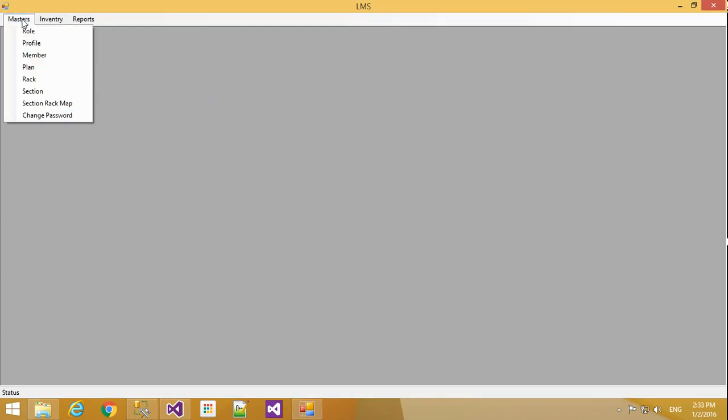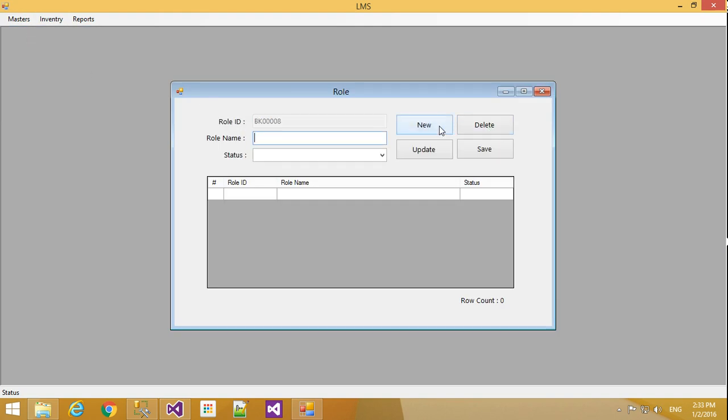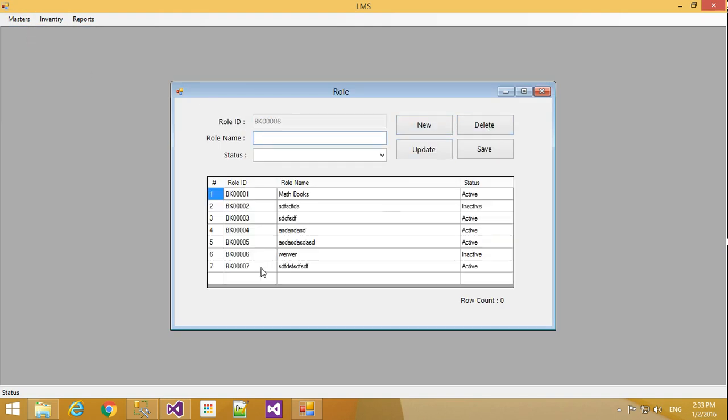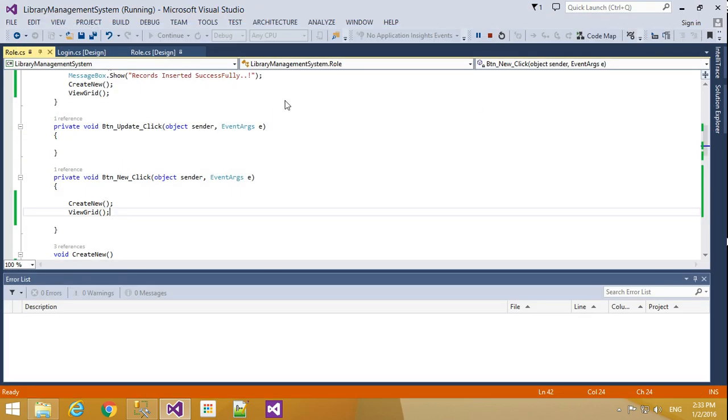Click login and role. I will click new here, so it will show the entire records. See, 1, 2, 3 will create, and values are creating here, and one empty row is also showing here. So I need to avoid these empty rows. So for that, what we'll do,